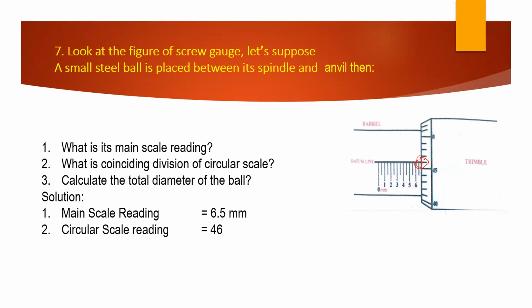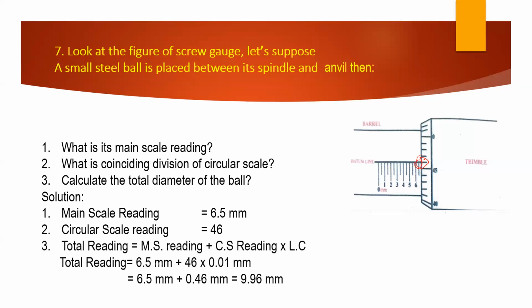So 46 will be the circular scale reading. If you want to find the total diameter of the ball, you will add 6.5 with 46 multiplied by the least count. So this is the formula: main scale reading plus circular scale reading multiplied by least count. We will add 6.5 plus 46 multiplied by 0.01 millimeters, and at the end we will get this value. This will be the diameter of the ball,